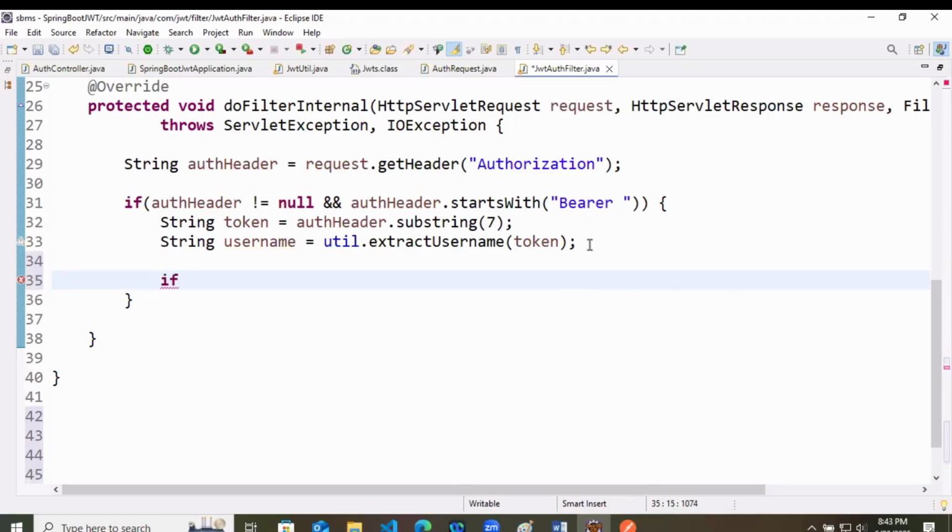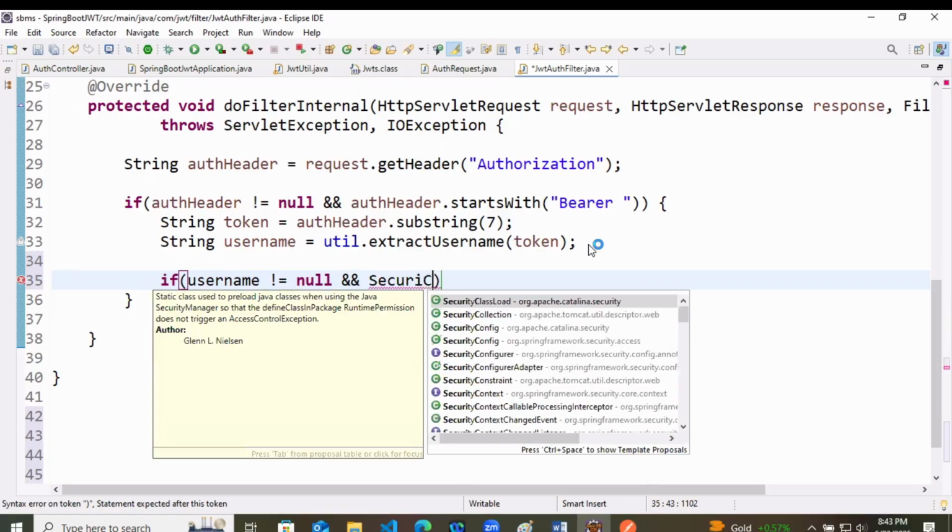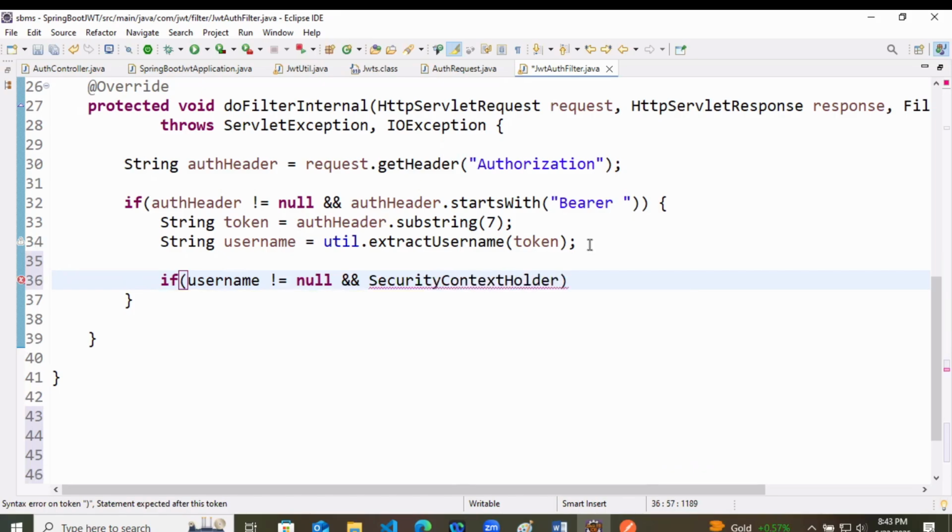Now inside this if, I will also check if the username is not equal to null. If the username is not null and SecurityContextHolder, the internal class which is going to hold all the security context, dot getContext, take the context from it, take the authentication from it.